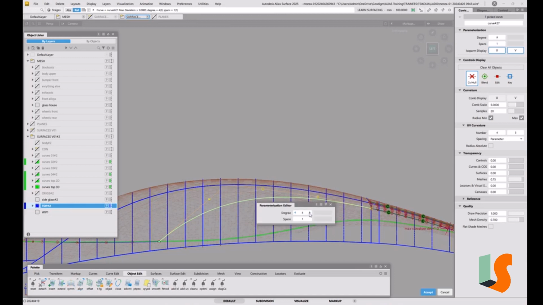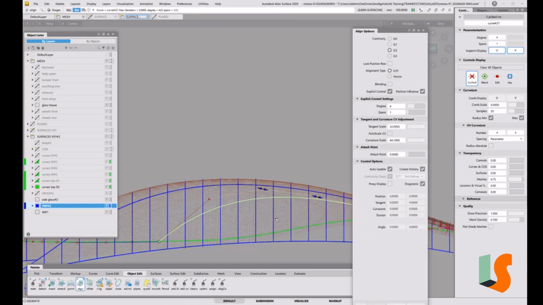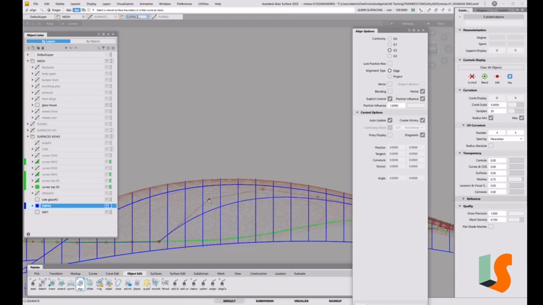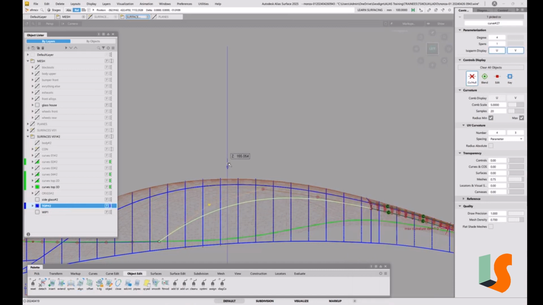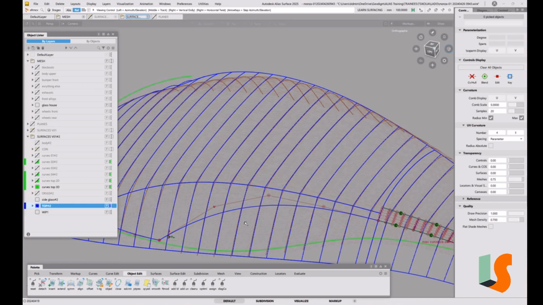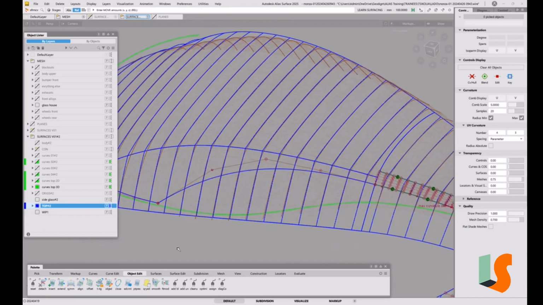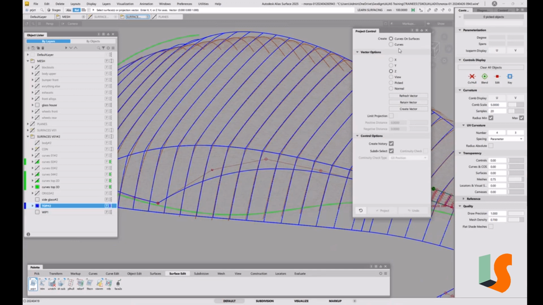Let's make that degree 4, so we've got a bit more control if we needed it. You know, maybe I'll bring that point down a little bit. I don't know. Until we put the surface in, we can't really tell what shape that should be, I think. So that's our curve, which we've just done in 2D, and then we can do a project of that, and it's going to be a curve on surface in the Y direction. So onto that surface there,